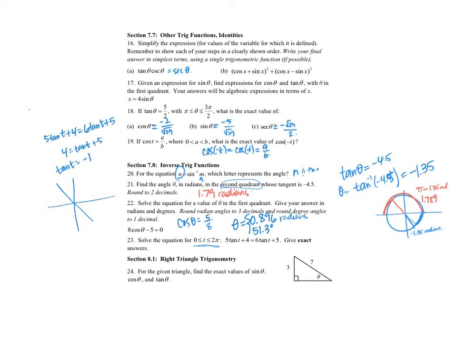And then I know that tangent is like the slope of the line, the terminal side. And so, if the slope is negative, that's going to be the second quadrant or the fourth quadrant. And so if I think about the angles,